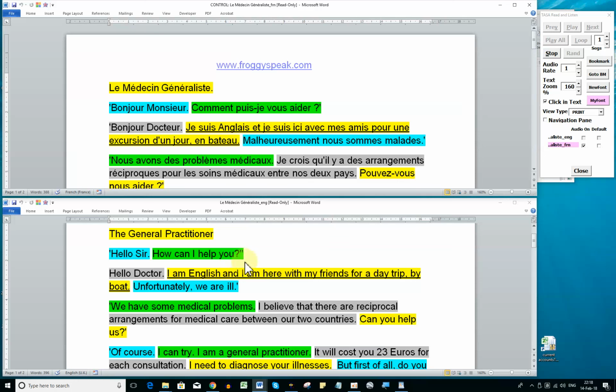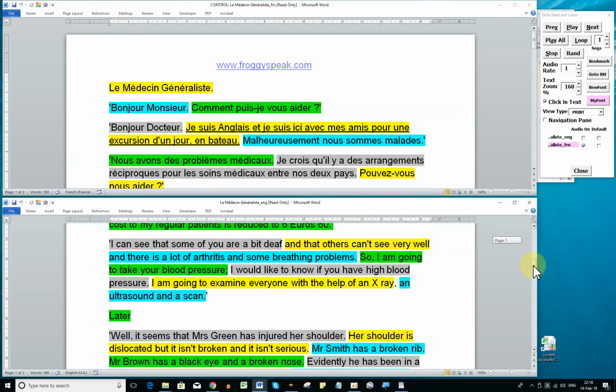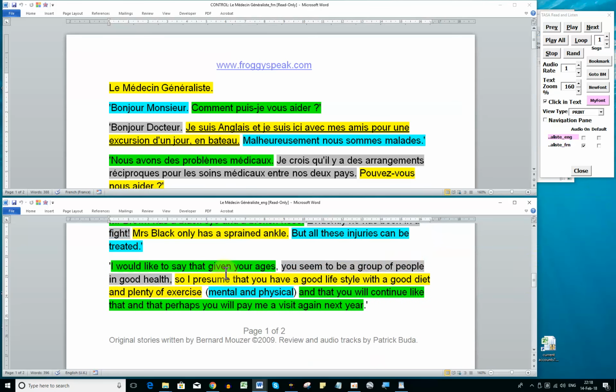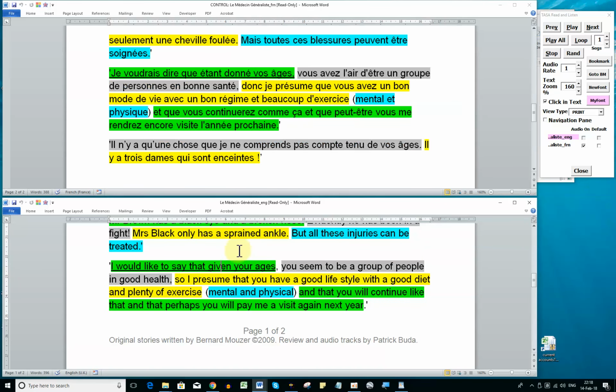Je suis anglais et je suis ici avec mes amis pour une excursion d'un jour en bateau. And the underlining is corresponding, so you get the same color text, and in the segments and down the bottom here in the English one you get the underlining. So I can go to any one of these. I can go right to the bottom here, down here somewhere, click that one, and there's no audio on this,